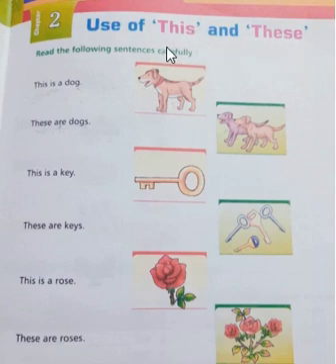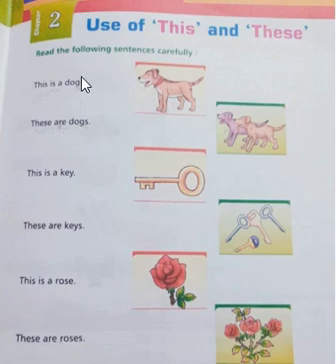You know students, what are this and these? They are demonstrative pronouns and they are used when something is near to us. To indicate something near, we use this and these. This is used for singular and these is used for plural. With this we always use either is or was, and with these we use are and were.